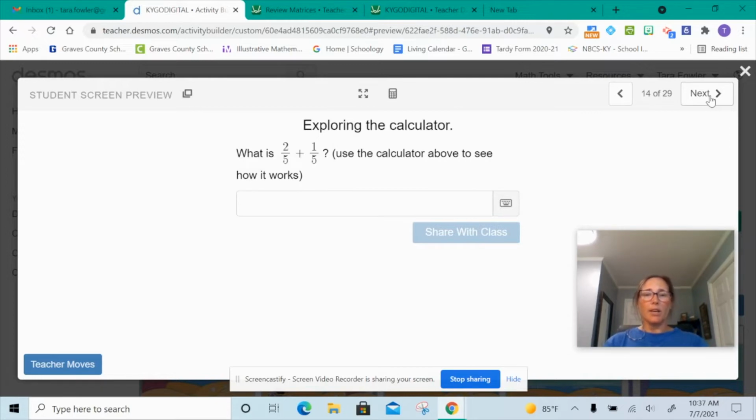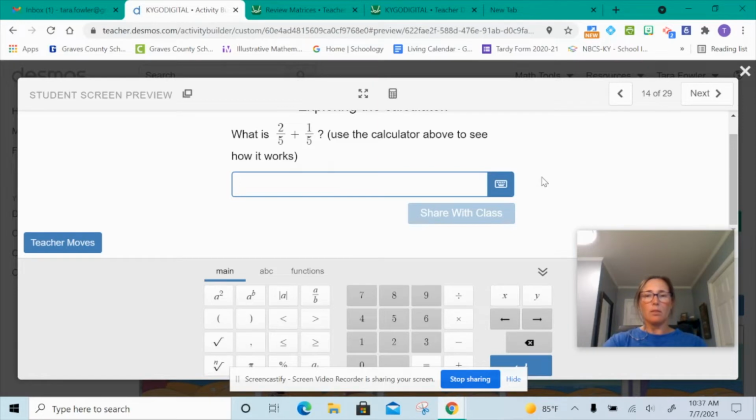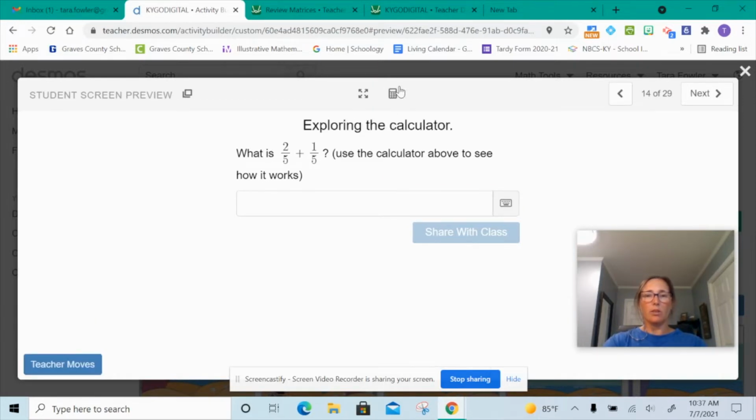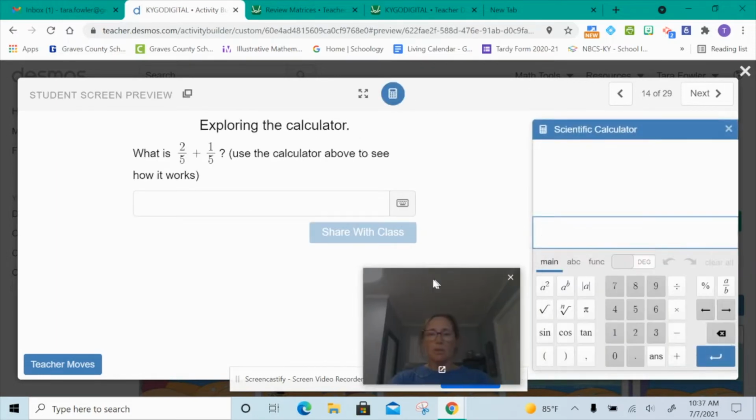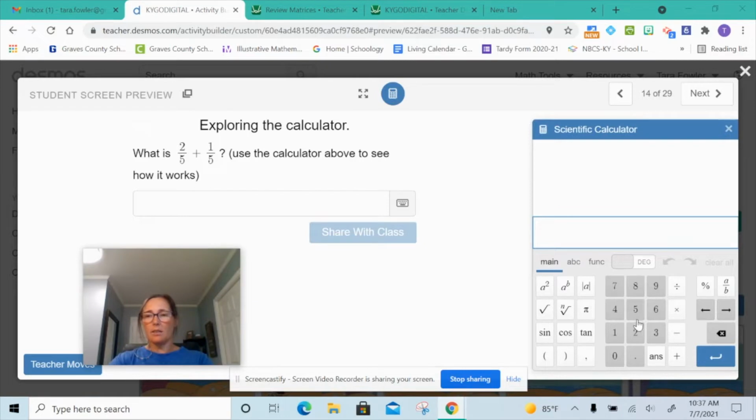Okay, the calculator part. This acts as a calculator also, but I want to show you that this part right here is the calculator part. This is not automatically embedded within each lesson, so I'm going to show you when we get to the teacher part how to embed this if you want the scientific calculator. All it does is pop up right here. If you want to do the fraction 2/5, you have to click 2 and then 5. Some of this you just learn as you go